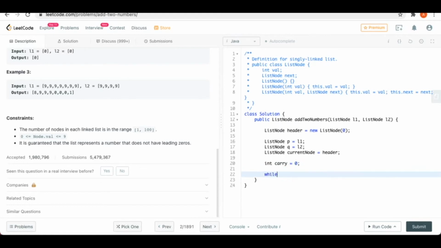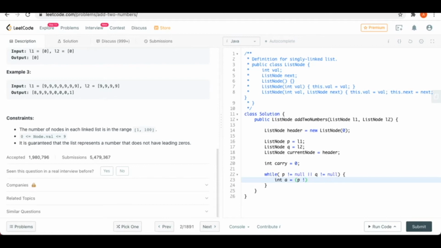So what I will do is iterate till the first node is not null or the second node is not null. So I'm going to iterate till one of these does not have the next pointer. Here I will take a as the value, using a ternary operator.